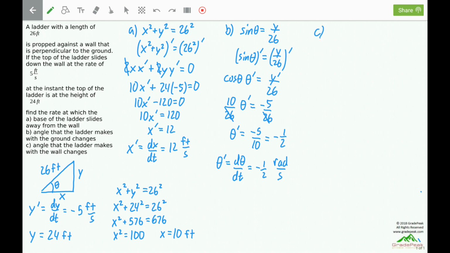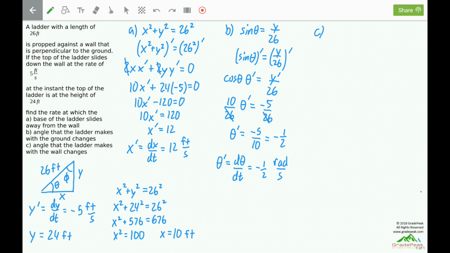For part C, we want to find the rate at which the angle that the ladder makes with the wall changes. Let's give that a name in the picture. I will call that phi. One way to handle the rate of phi is to write a trig function for phi using either x or y together with maybe the hypotenuse of 26. That would work out. But a simpler way to handle it, now that we have theta prime in part B,